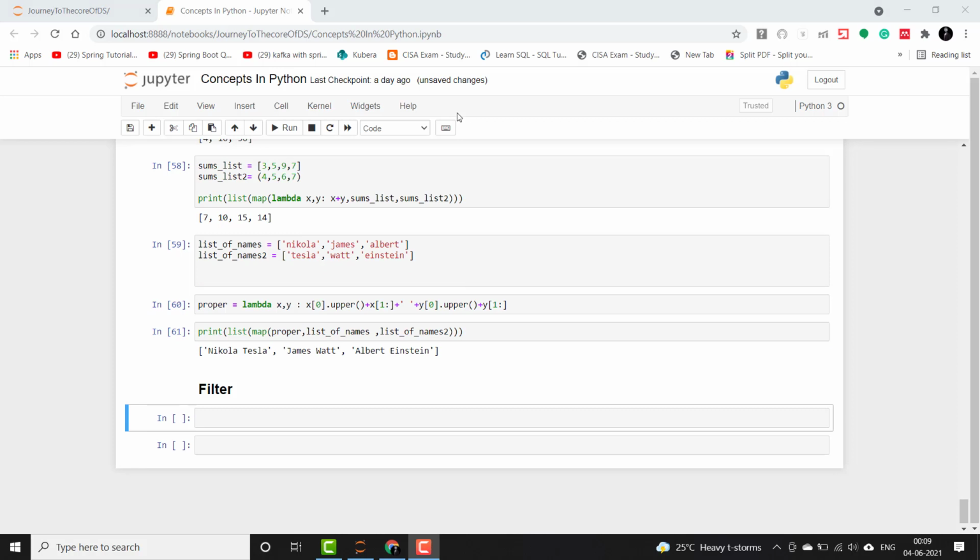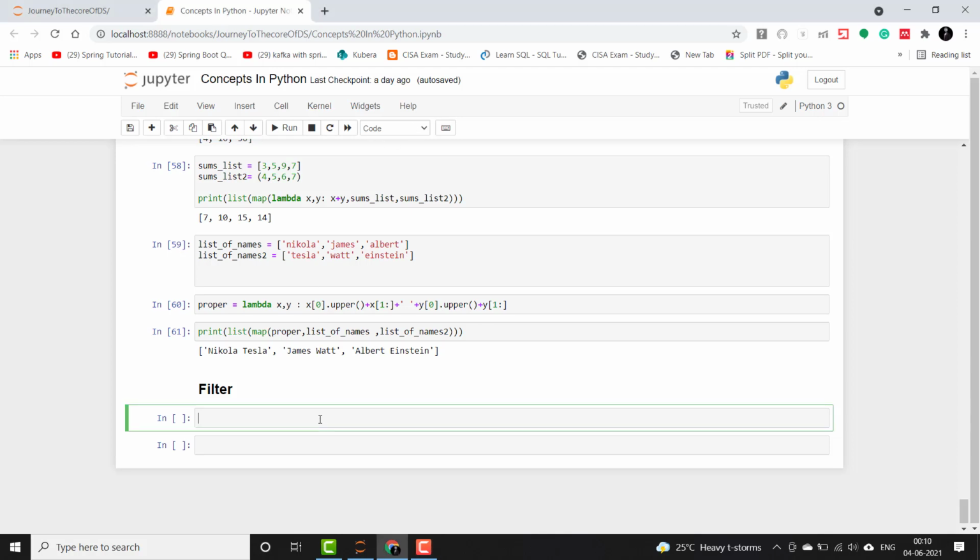So guys, let's look at the filter function now. The filter function, as the name suggests, will filter out the elements in an iterable using a condition or an if statement. If we talk about the difference between map and filter, then map is used to do a computation on the iterable and return a result, whereas filter filters out the elements based on a certain condition and returns the elements from the same iterable.